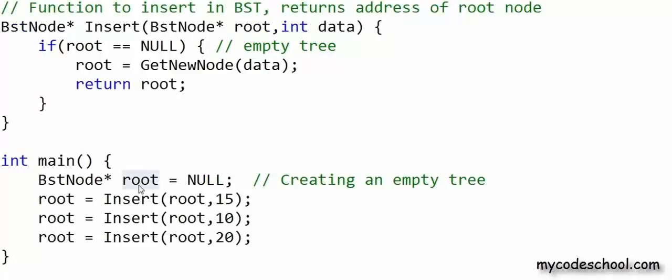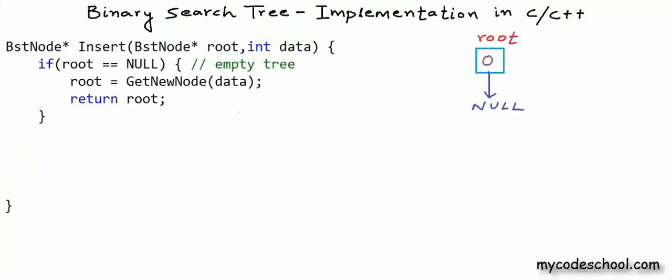Instead of declaring root as a local variable in the main function, we can declare root as a global variable. A global variable, as we know, has to be declared outside all the functions. If root would be a global variable, it would be accessible to all the functions, and we will not have to pass the address stored in it as an argument. Anyway, coming back to the logic for insertion,